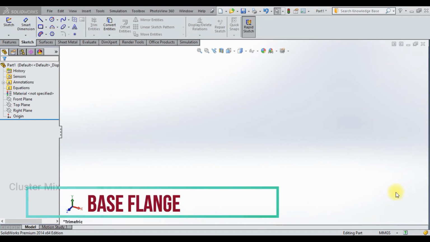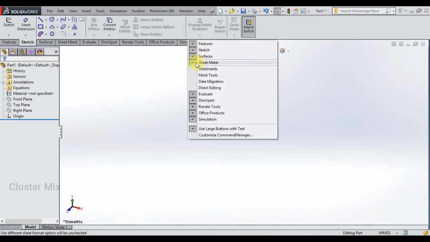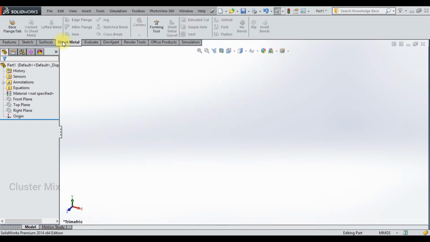In this tutorial, I'm going to explain about the sheet metal in Solidworks. To activate the sheet metal, right click on the command manager and make sure that your sheet metal is checked in. And in the sheet metal option, the first command I'm going to explain in this tutorial is the base